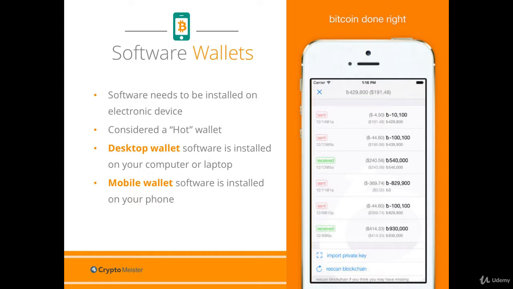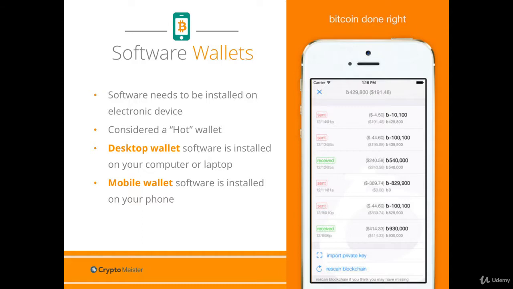Desktop wallets require you to download software onto your computer or laptop, and they are considered to be a hot wallet. They are only accessible from the device that has the software installed. A desktop wallet is easier to use and considered safer than online or mobile wallets. This entirely depends, though, on your online security habits. Should your computer get hacked, receive a virus or get damaged, you could potentially lose all of your cryptocurrency. So make regular backups of your wallet and store them on a different device to help offset the security issues.